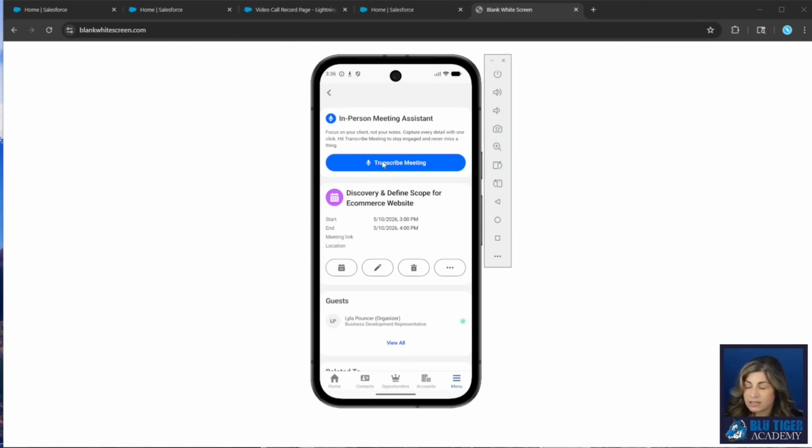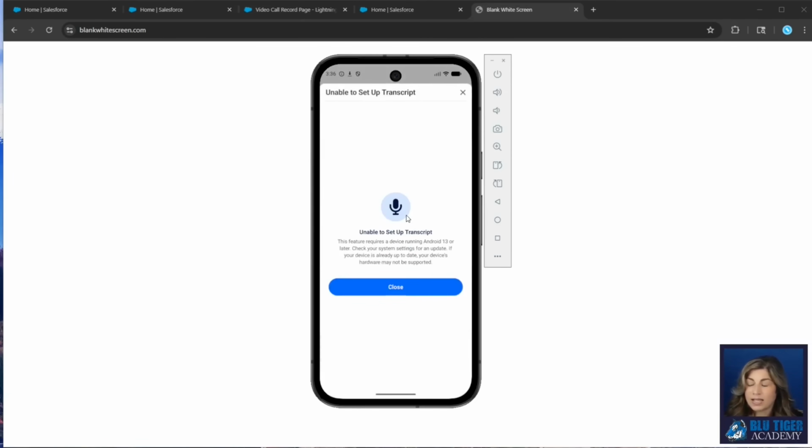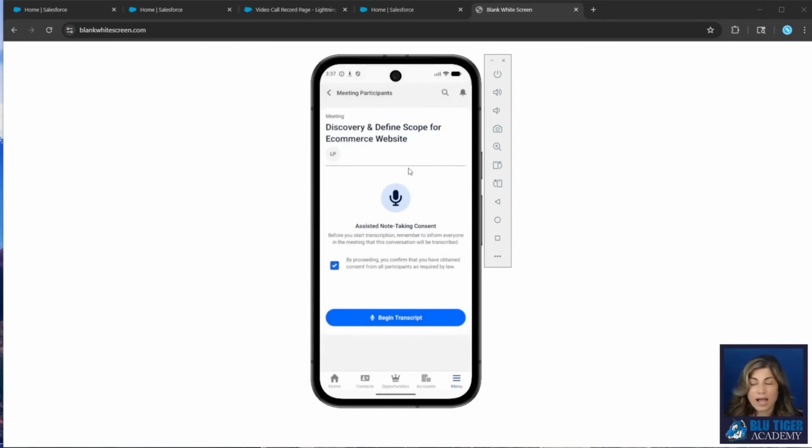So then I can click Transcribe Meeting. I can click yes, I confirm that it's okay. I have obtained consent from everybody who is going to be recorded, and then I'll click Begin Transcript. Now I'm not able to demo this process using Android Studio emulation, but I will now record the process on my own mobile device so that you can see what it looks like. And then we'll see what happens when the actual video call comes back into